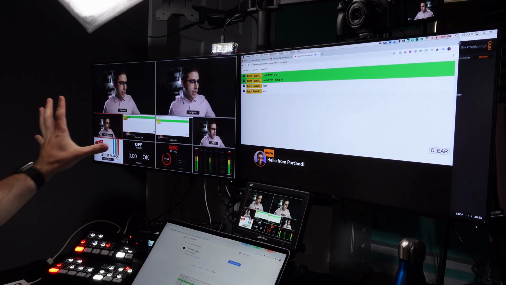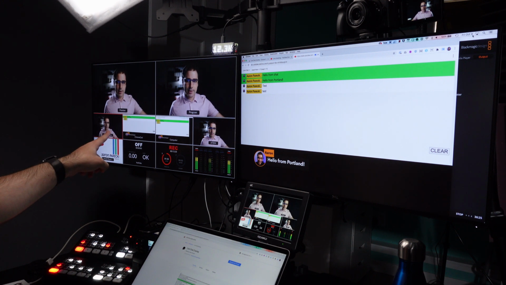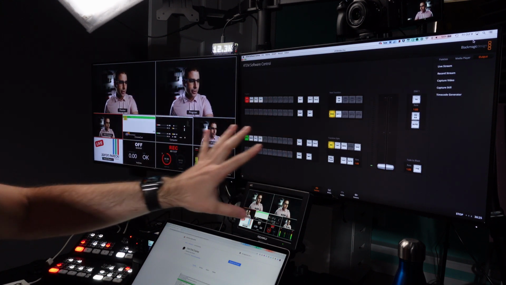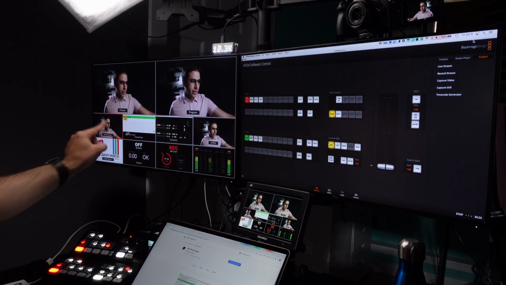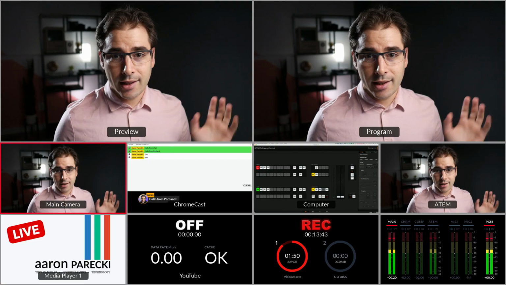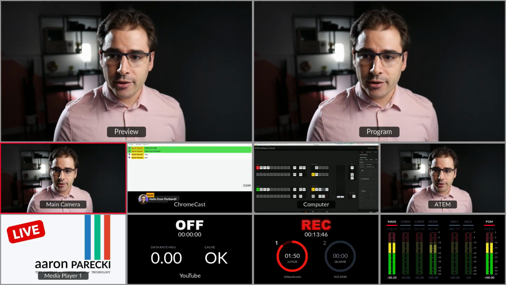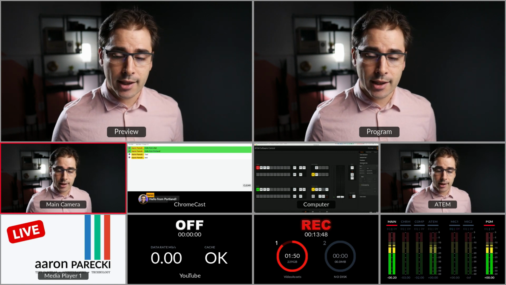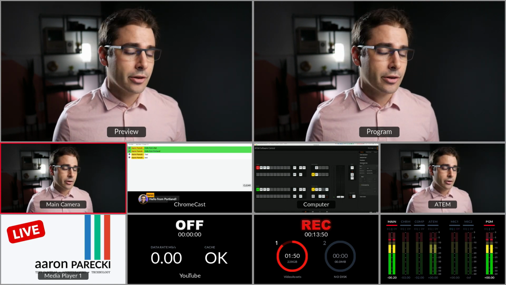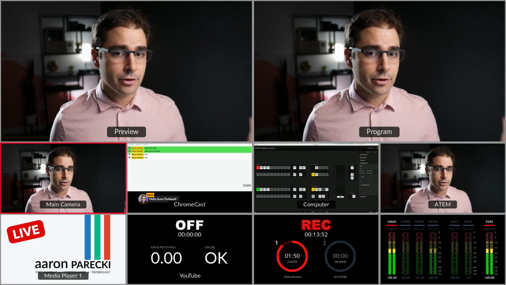So this is now showing up in my ATEM Mini. You can see that tab is there. And now when I go back over to this window, my computer, the ATEM Mini is still showing the chat from the Chromecast. Now we're ready to set up the key. So to do this, we're going to go ahead and use the downstream key. That frees up the upstream key for other things like bringing in other graphics or other video sources.